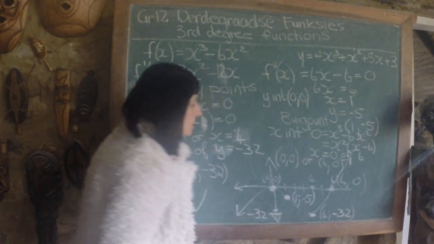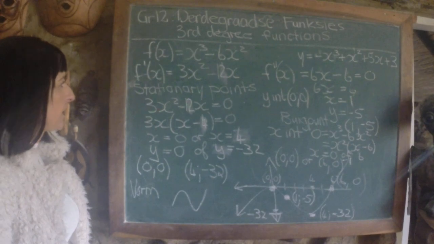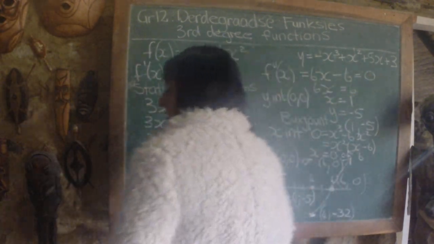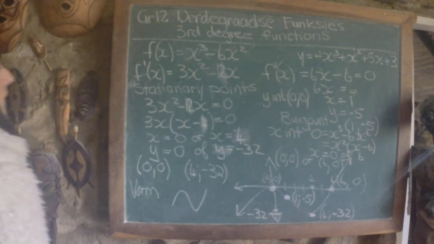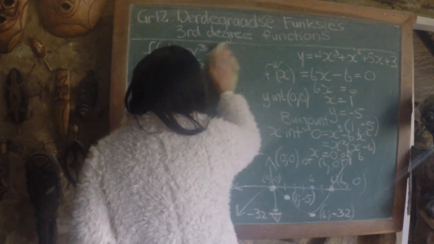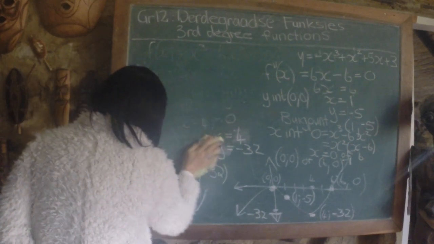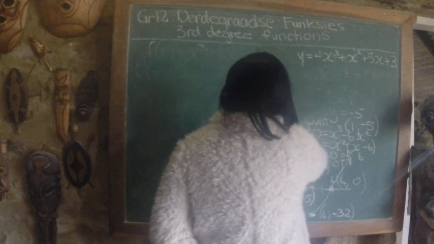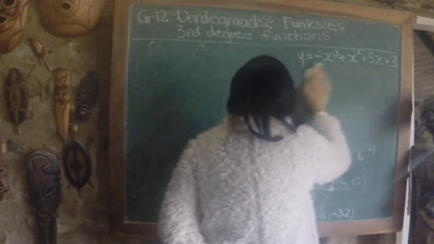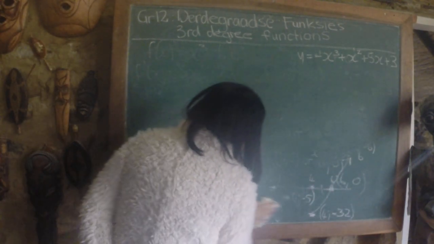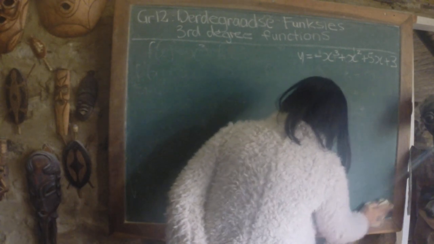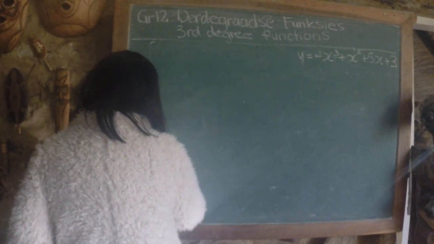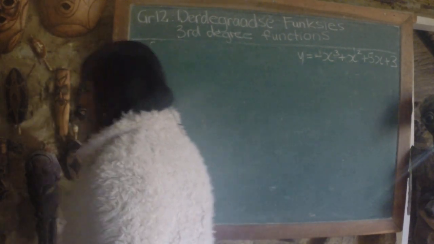Make sure your coordinates are all on your graph and then you'll get 100% for it. Okay, let's quickly look at that third degree function and we're going to draw that one as well. Okay, let's start with our little algorithm that we're gonna apply every time when we draw a